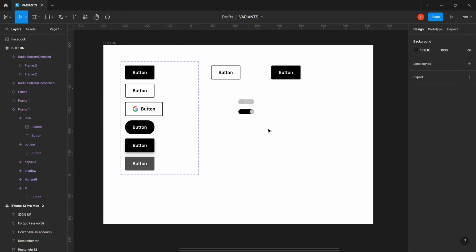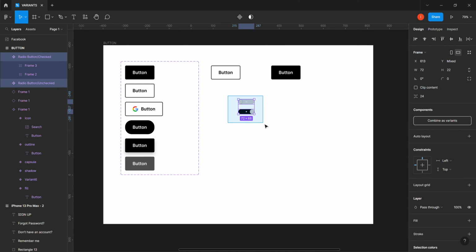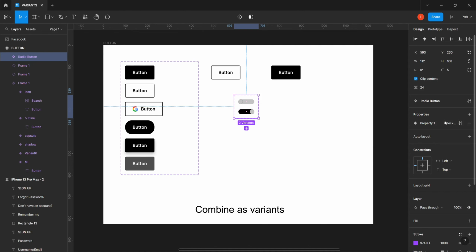All right, then we select the two together. Okay, so once we select the two together, automatically Figma will give us this option of combine as variant. Combine as variant. So once we click on that,